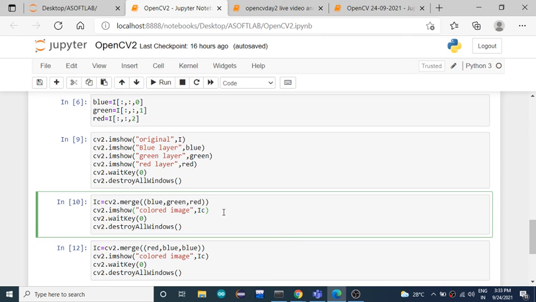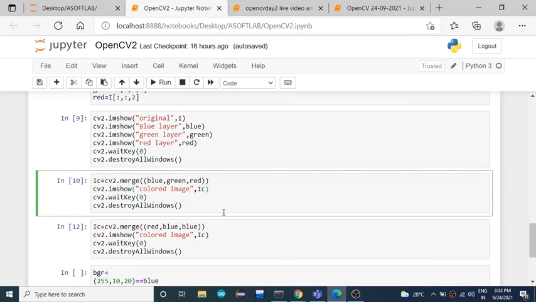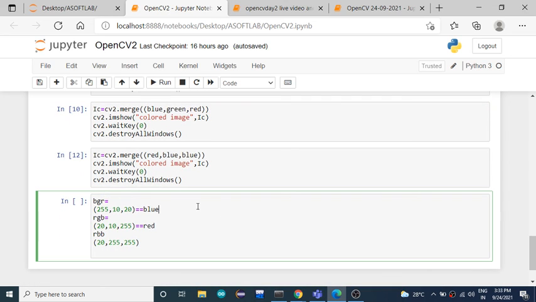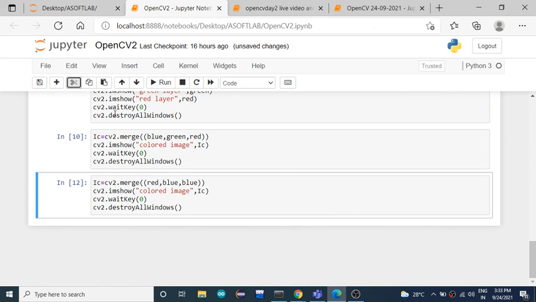Fine. So let us move on to the next topic. Now we shall try to capture an image from your webcam. Till now we have read stored images, built-in images, and performed basic operations on those images. Now we shall try to capture our own image and use it for our future operations. So how can I do it?